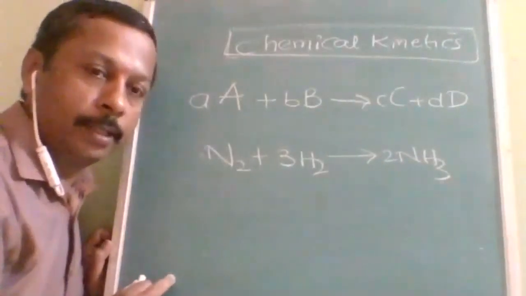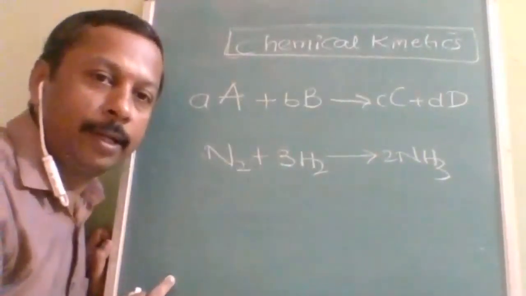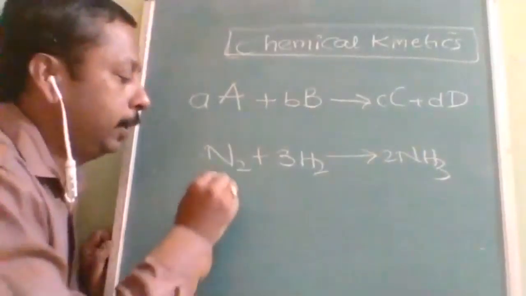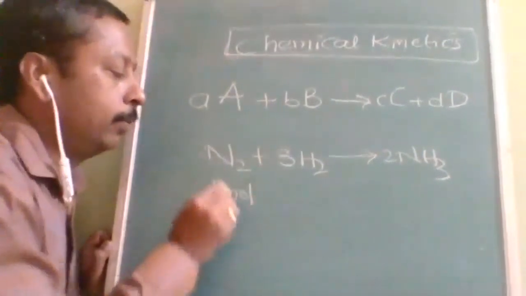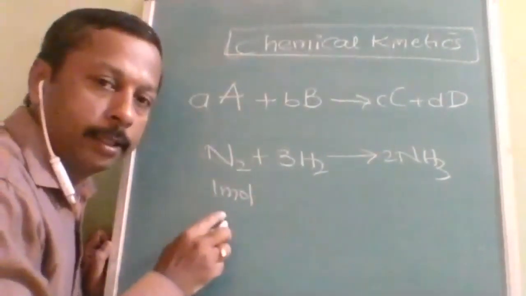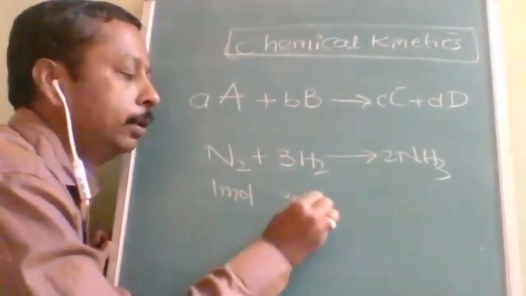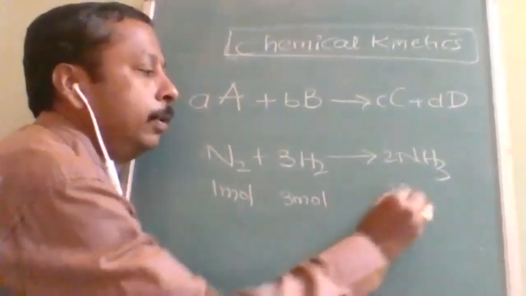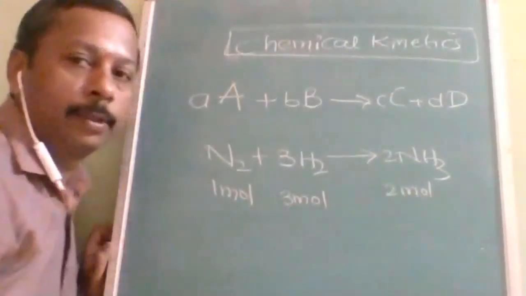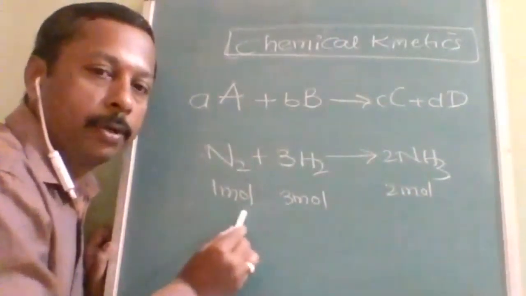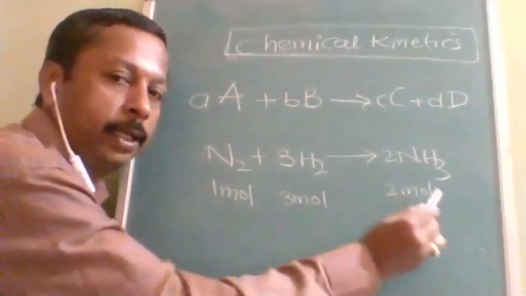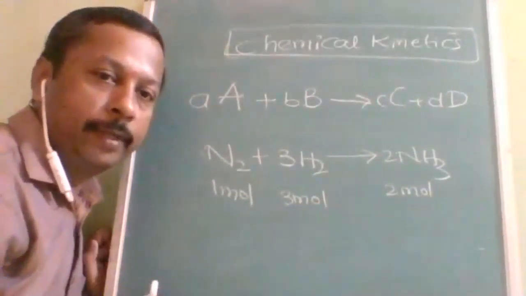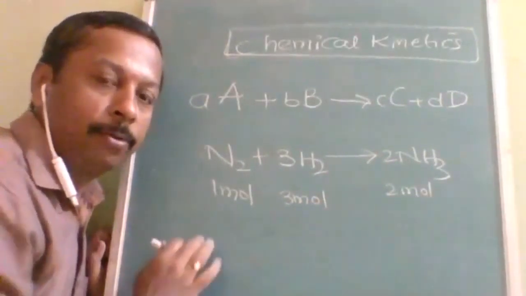This reaction. I just now told you all reactants will not react the same way and all products will not form the same way. Because here in 1 second, suppose 1 mole of reactant is reacting, in the same time, how many moles of the other reactant will react? 3 moles will react. And at the same time, how many moles will form? 2 moles of ammonia will form. That means the way it is reacting is not equal to this, and not equal to this. So when somebody asks what is the rate of reaction, do we have any answer? No. So to make it average,